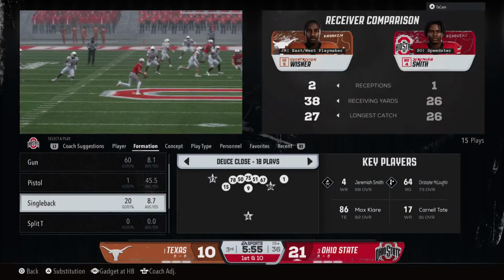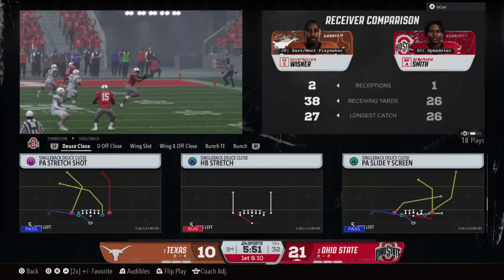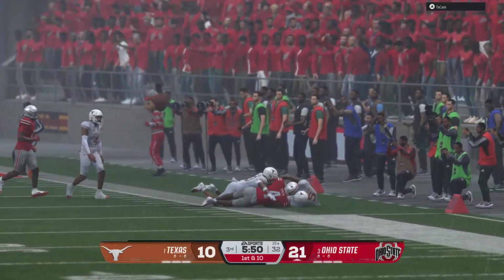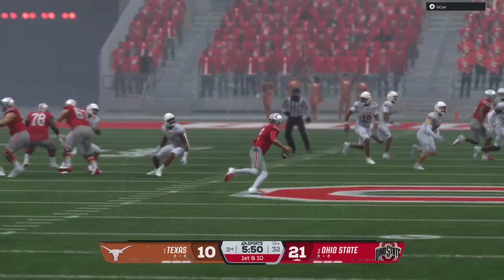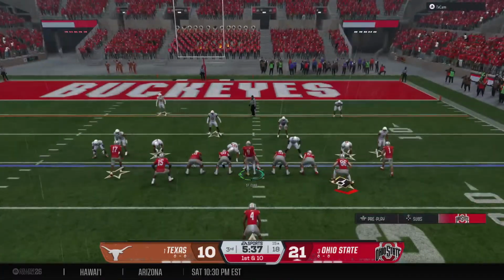Well, this wide receiver has it all. We know about his leaping ability and his speed, but what I've seen today is the precise route running. Another example of it there, and the timing with this quarterback and this receiver is just a thing of beauty. Buckeyes are in the red zone now.